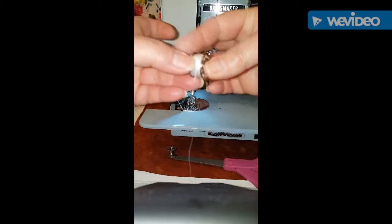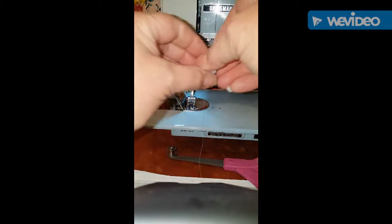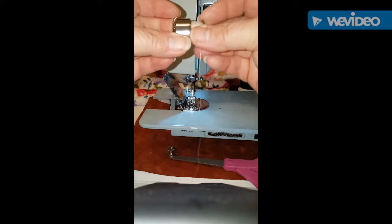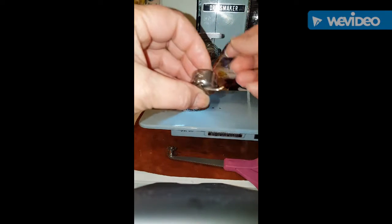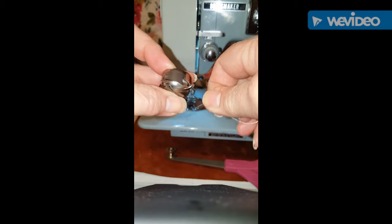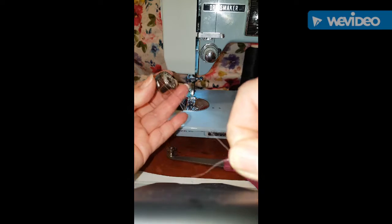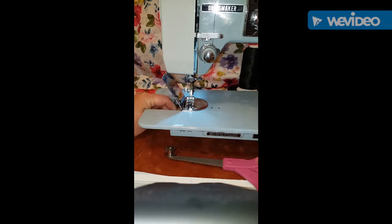So how you put it in is you have the thread coming over the top away from you. So it's going over the top away from me. This is true with all Series 15 bobbins. You put it in and then bring it around to where the slot is. See that slot? And then you bring it over to where it clicks. So now when I pull, you can see the thread goes clockwise. Now to insert it, you hold the